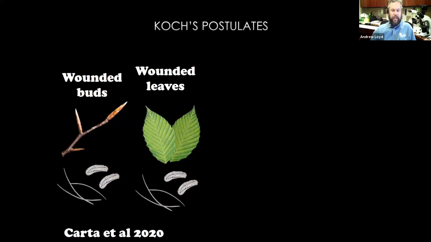So there's also this whole relationship of, does it cause the disease or is it associated with the symptom, was kind of the question. So one of the things that you do in pathology is you conduct Koch's postulates, where you take the associated suspect pathogen and then you put it into a plant. And so David Burke's lab, Dr. David Burke at the Holden Arboretum, worked with Lynn Carter and others, and they inoculated beech trees as well as